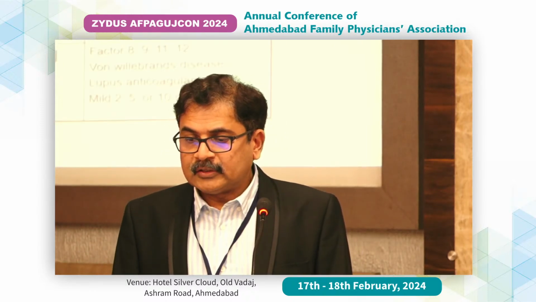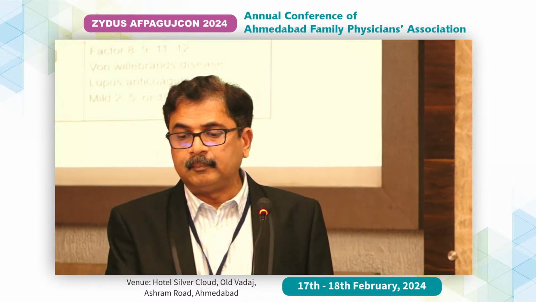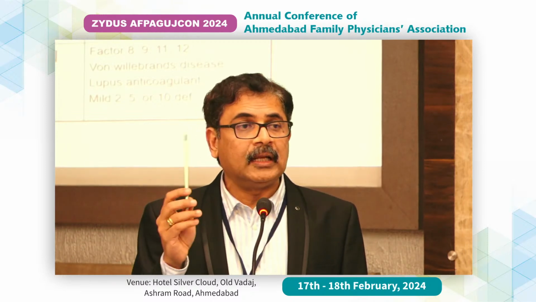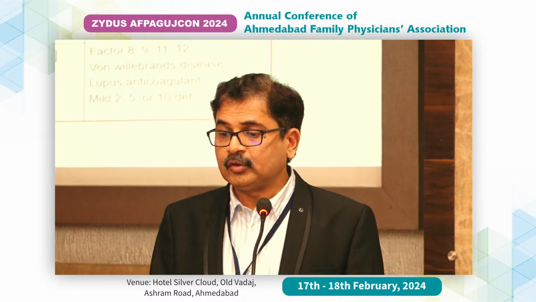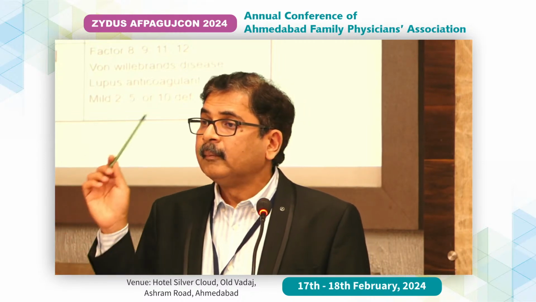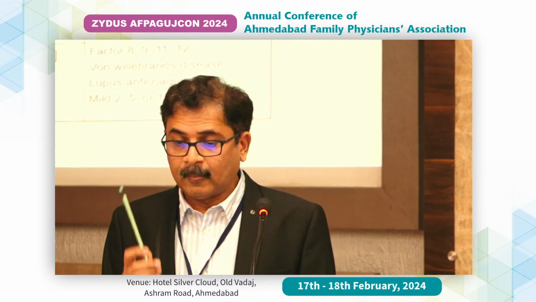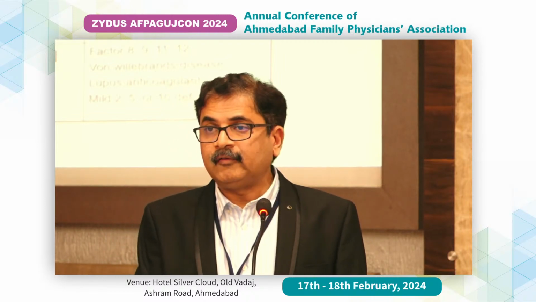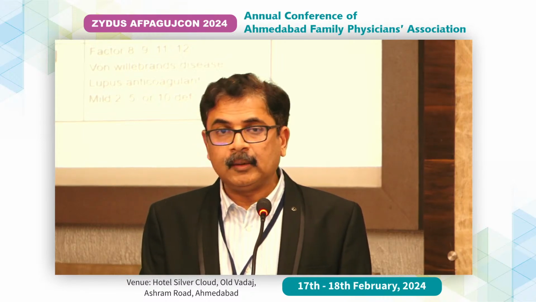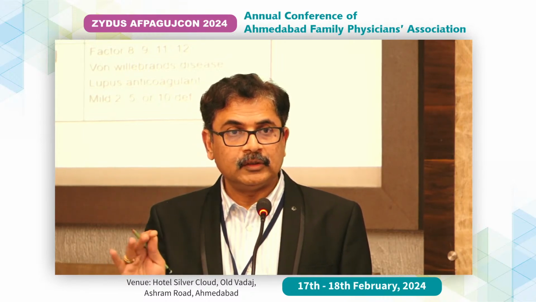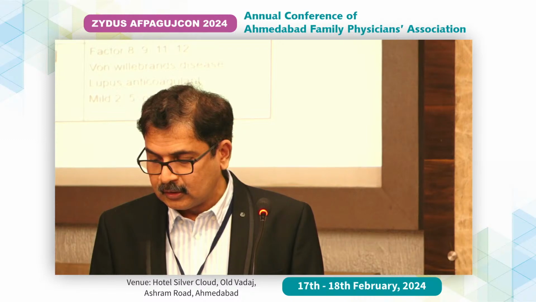Now some algorithm for you all. If all these parameters are normal, you can still have a bleeding problem like platelet dysfunction or factor 13 deficiency. Which means you've done all the screening, everything is normal, the patient can still have a bleeding disorder. If only the PT is abnormal, it will be factor 7 deficiency or early liver dysfunction. If only the APTT is abnormal, it will be hemophilia. Okay, so these are some simple methods to look at how to make a diagnosis.